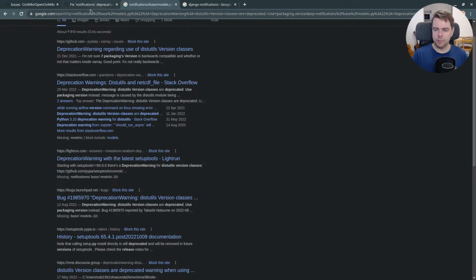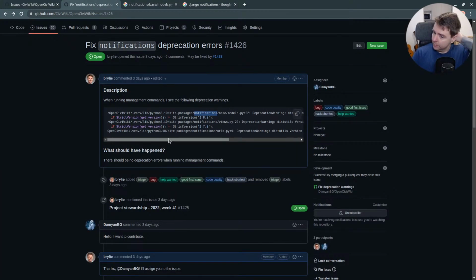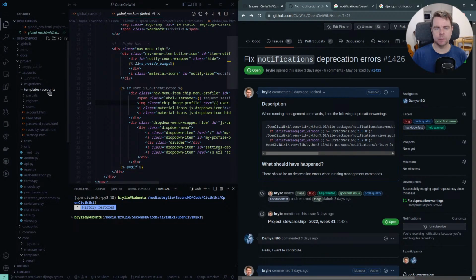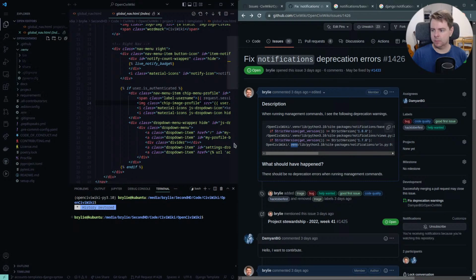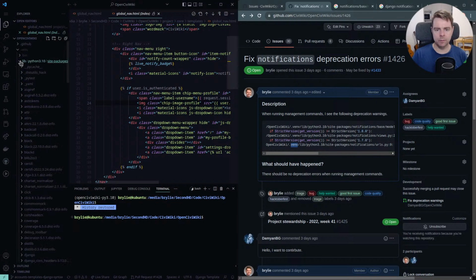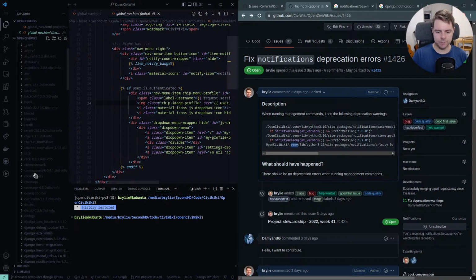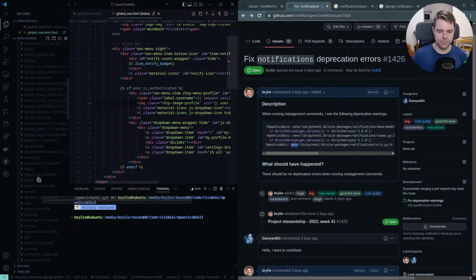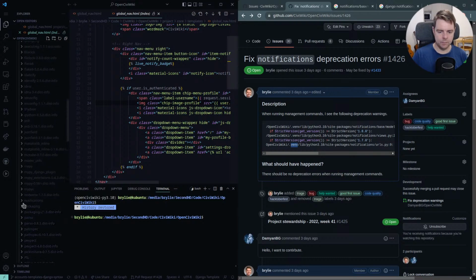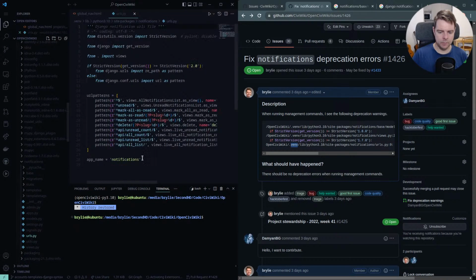Where does this come from? It's coming from something with URLs.py in site-packages notifications, in our virtual environment, lib Python 3.10. It's all in my folder there, notifications, URLs.